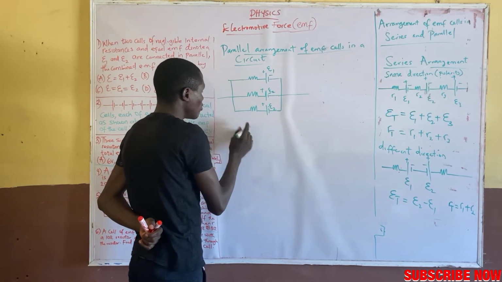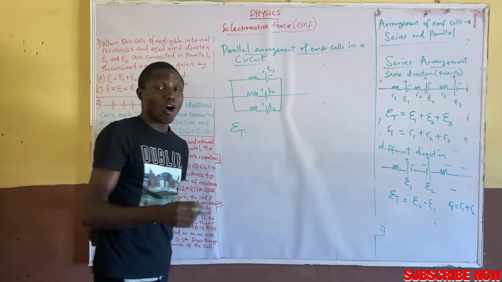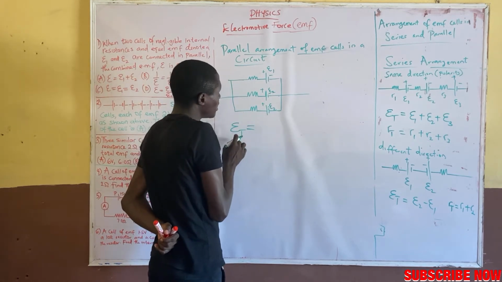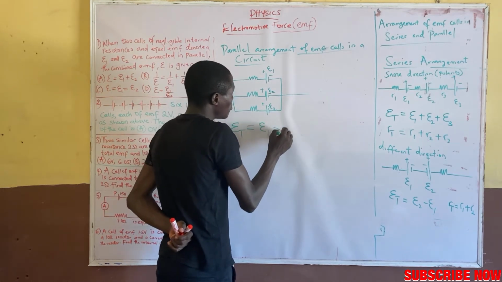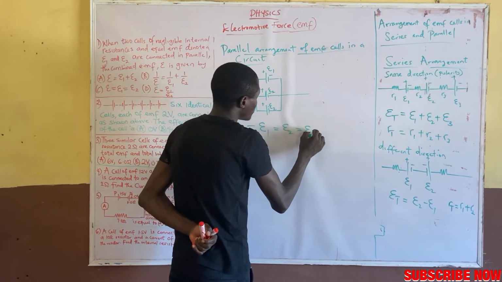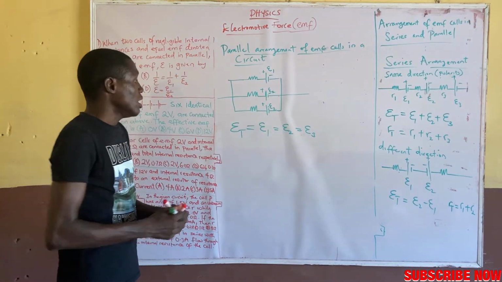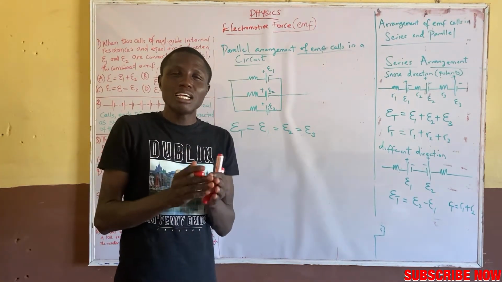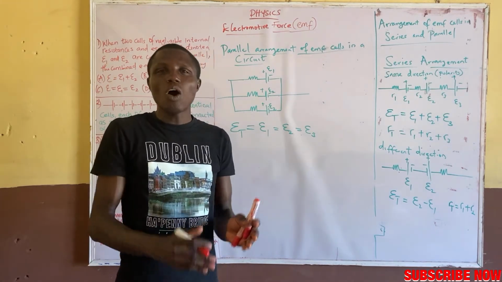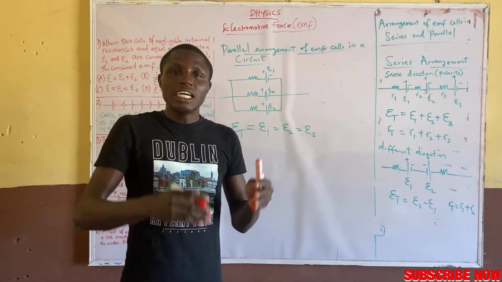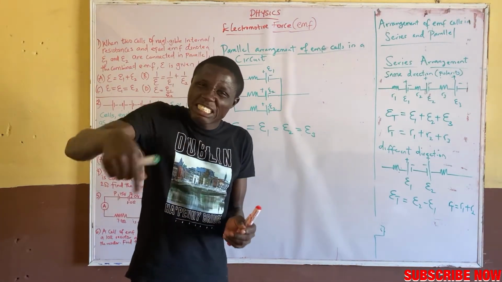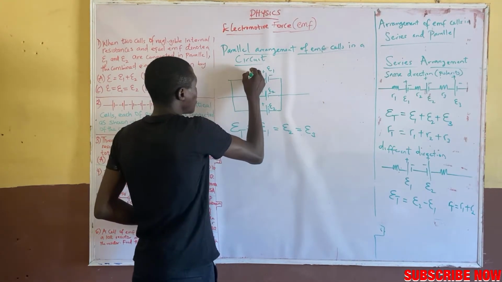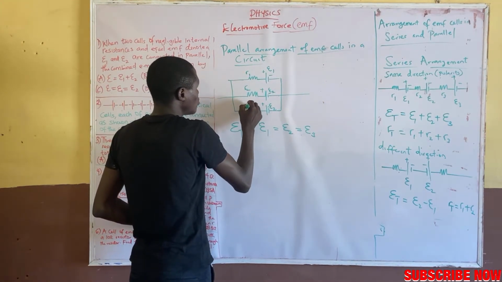the total EMF or effective EMF will be equal to E1, EMF 2, and EMF 3. That is, the EMF is the same in parallel arrangement. In parallel arrangement we have equal EMF throughout. That is, the total EMF is equivalent to the individual EMF in parallel arrangement. While the internal resistance R1, R2, R3